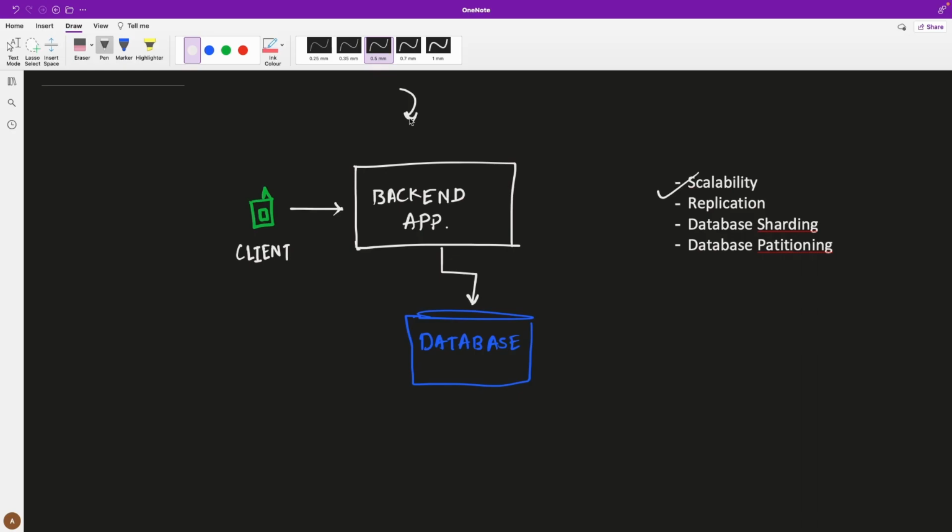When you got more requests, since this system has limited resources in terms of CPU, IO, network, disk, RAM, memory, anything, all of these resources are limited. Because of these limitations, your system was not able to handle the number of requests it was getting. So in this case, this application is not scalable because you have to make changes in the system to scale for the number of requests that you are getting. That's why this system is not scalable.